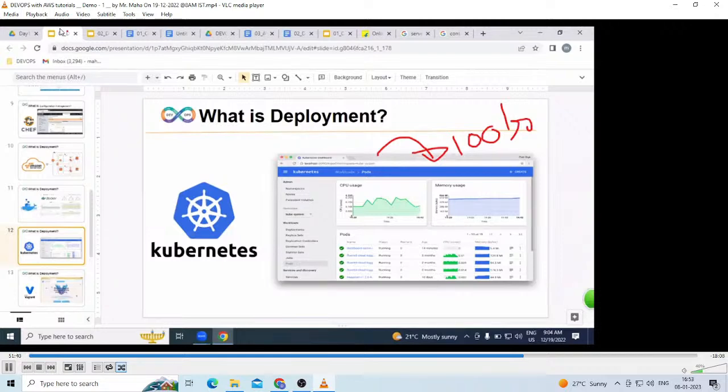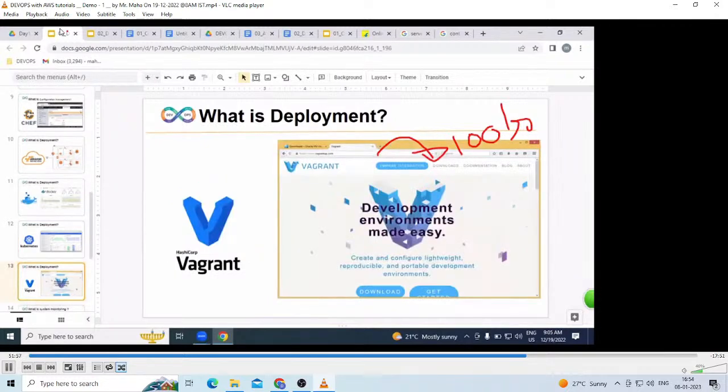So by using Docker, we can deploy n number of applications on n number of containers. Those containers are managed and controlled by Kubernetes. Steering of the ship. Understood very clearly. So not only deploying our applications on Docker and Kubernetes, we are